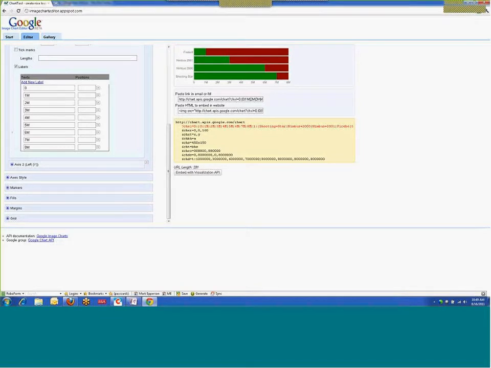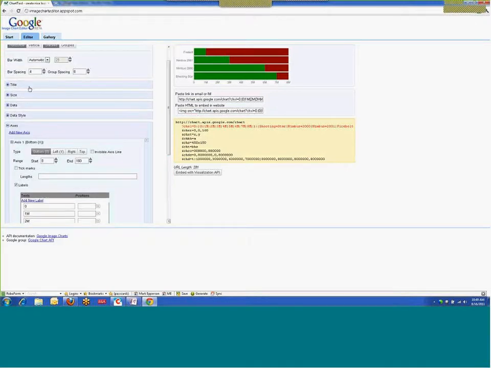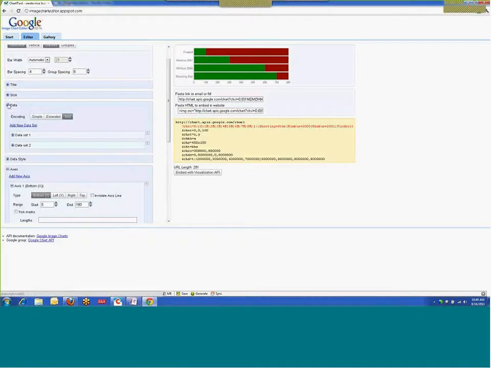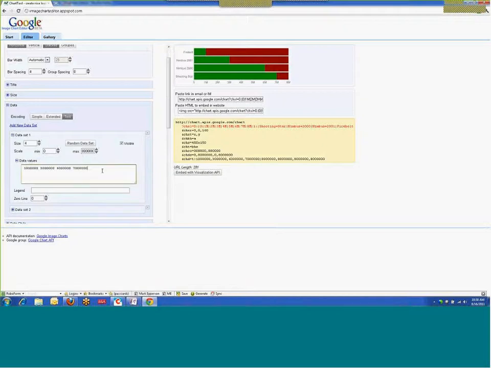Now, down below in the yellow box, you see a breakdown of each one of the parameters in the URL that's being generated for this, and you can see that the last change I made is highlighted in red. So let's see, well, where is my data in this URL? I head to my data sets again. In this case, let's go to data set 1, and let's just say it's no longer 7 million,